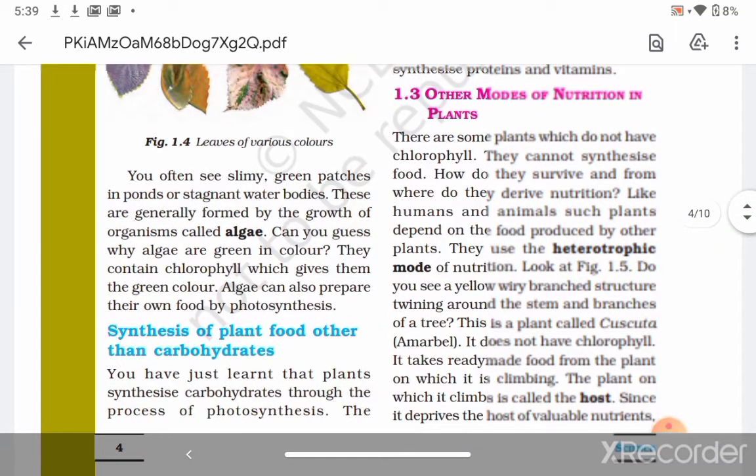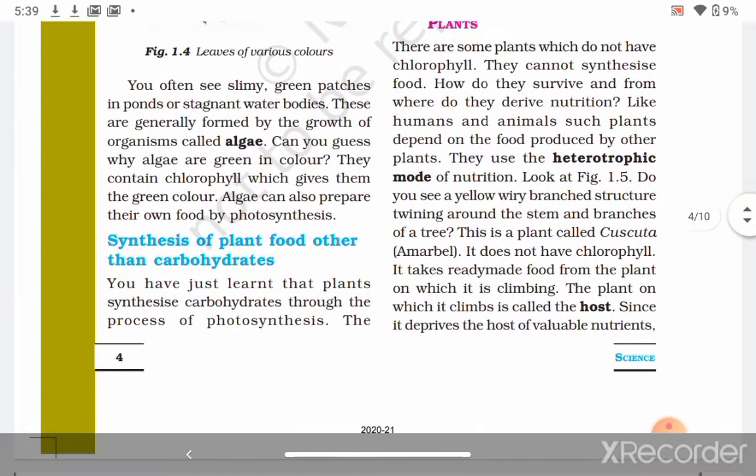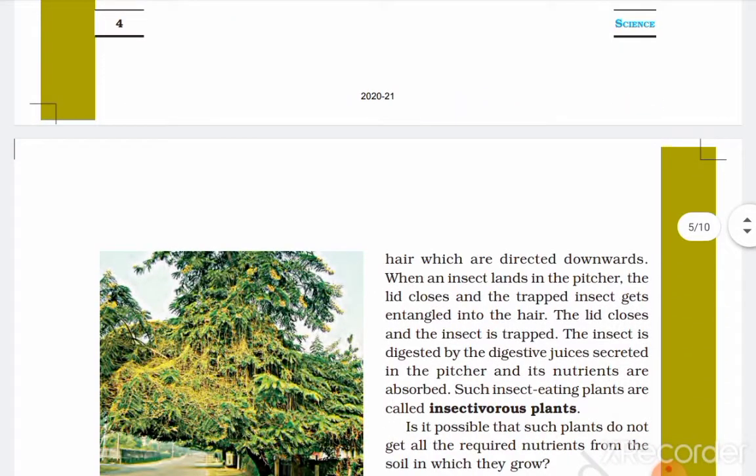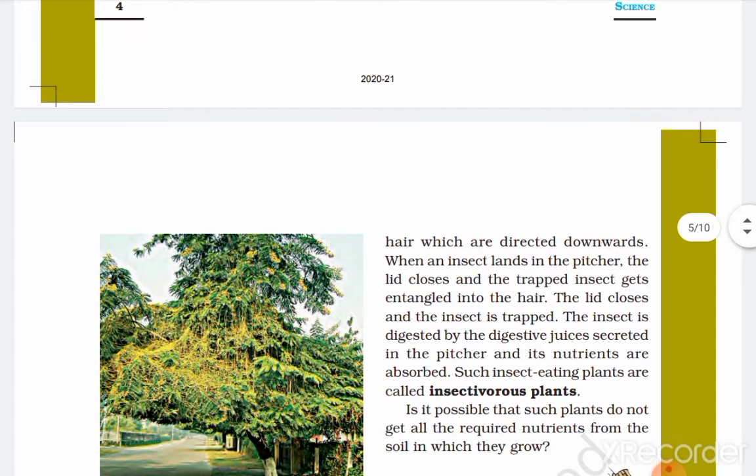So these plants are called cuscuta or amarbel. It does not have chlorophyll. It takes ready-made food from the plant on which it is climbing. The plant on which it climbs is called the host. Since it deprives the host of valuable nutrients